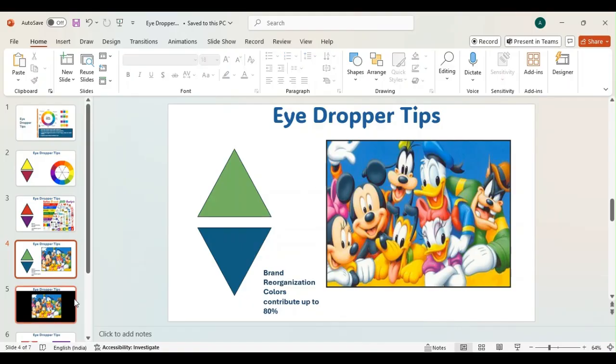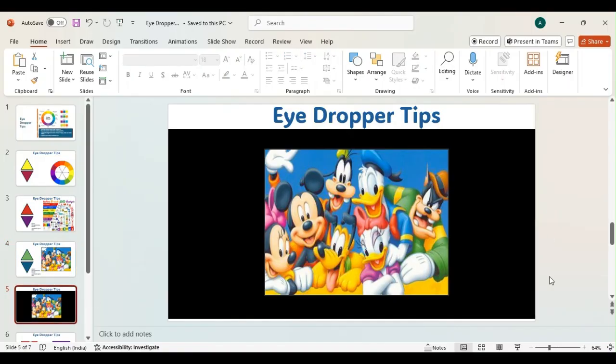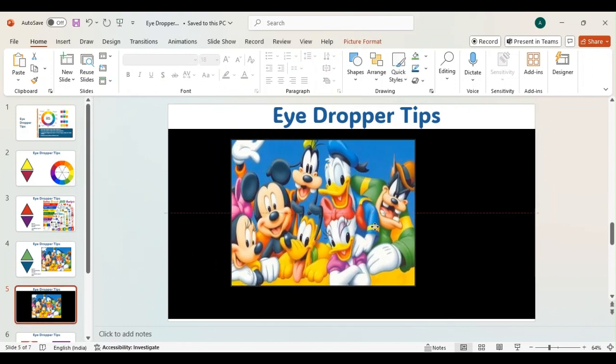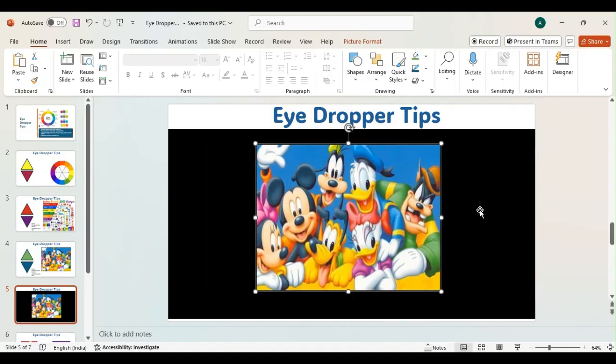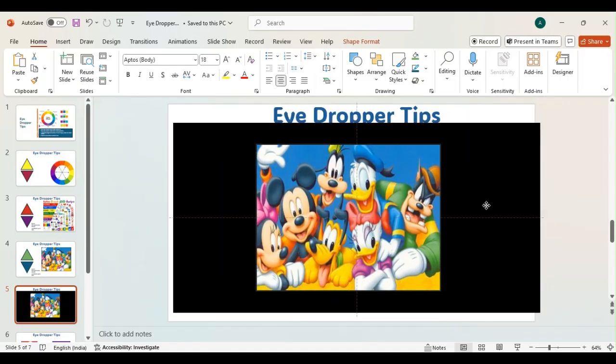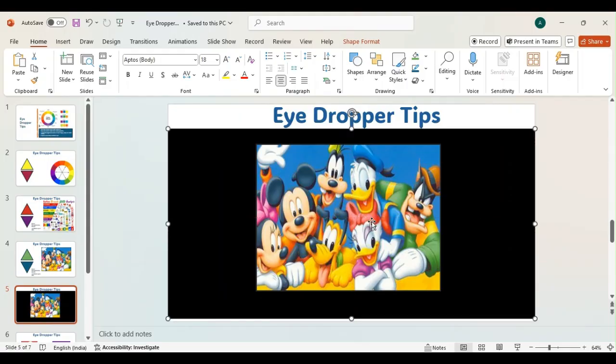Okay, let's move to the next slide. Here we can see only this image. Now if I move this image, I can see that the image is moved and the background is black. You can see this black rectangle. Now if I enlarge this image, I want this image to be here,